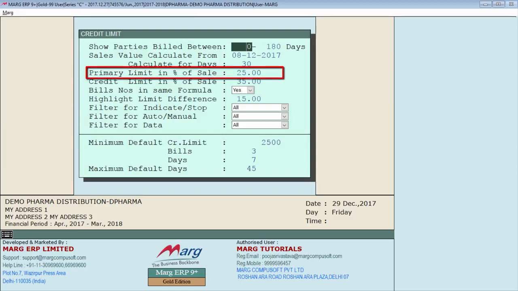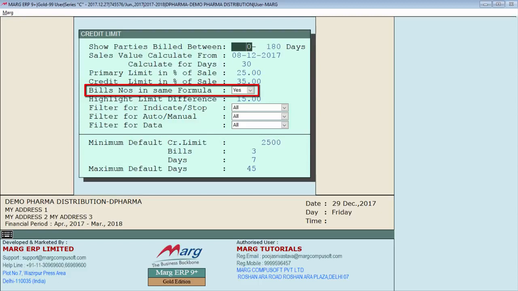Basically, the primary limit is indicated to operators during billing of customers. So when the primary limit of the customer is crossed, the operator gets an indication saying that the primary limit of the customer has been crossed. If the owner wants, then he can provide a password to the operator. In Mark software, there is a facility that after crossing the primary limit, the owner can give the user authority to continue billing till the credit limit, for which the owner can set a password and provide it to the user. You can use this provision only when you have set the limit as follow strictly.